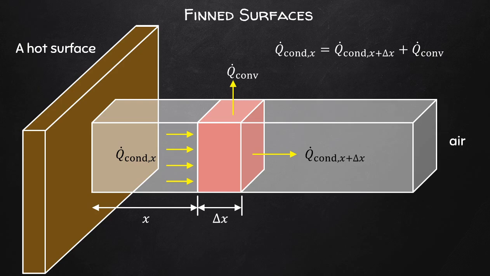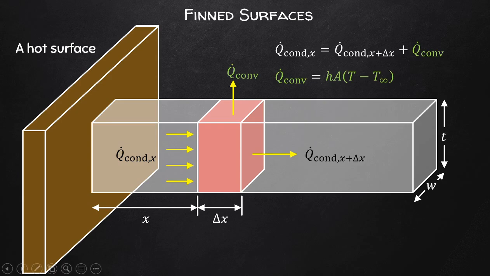So in principle, let's say that we have air or whatever other fluid. In principle, the additional surface area adds to the heat transfer. So to determine the effective heat transfer area, we need to measure it. So consider the parameters of the fin as shown here by T and W. And what we are really looking for is to define this A in the following equation that is shown here